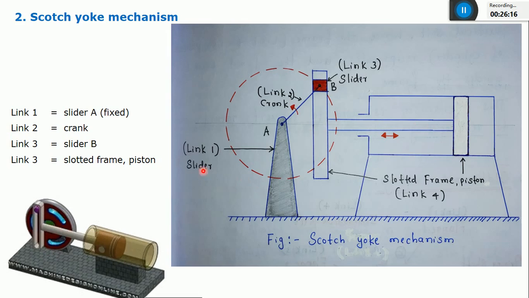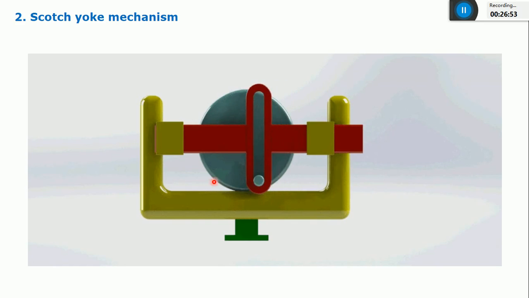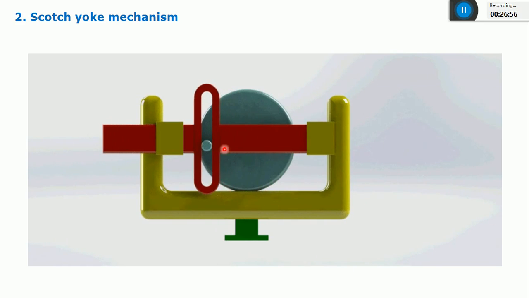So finally, you can say the Scotch yoke mechanism is this one. You can see in the left bottom corner the animation. So it's used to generate high pressure air in the compressor. Okay, and you can see the output motion is having a uniform velocity. So by doing some modification, it is also used to generate some harmonic functions like sine functions. Okay. So I think this is clear. This is also one more animation. Okay, there is only one slider. The second slider is fixed.